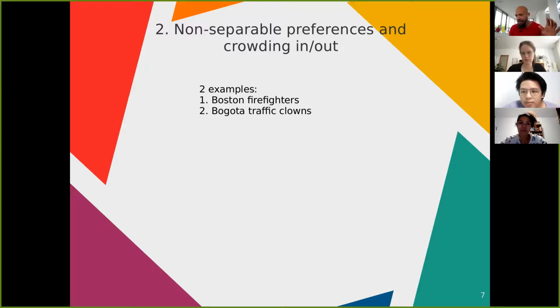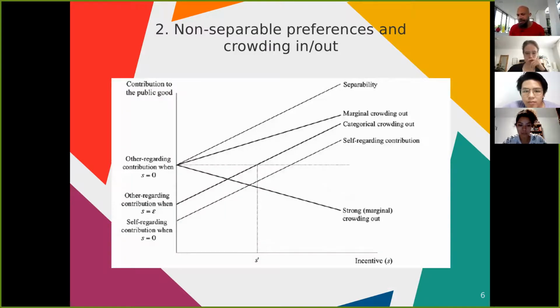I think we'll do it like we did yesterday, where one group reads one example, the other group the other, and then we explain it. So I think exactly what you're saying. It's this idea that the incentive, this €10 for the care workers, is perceived as an insult. In fact, as you say, people are doing this type of work because they have a moral conviction that it's important to do, and a very small material incentive can then be perceived as an insult.